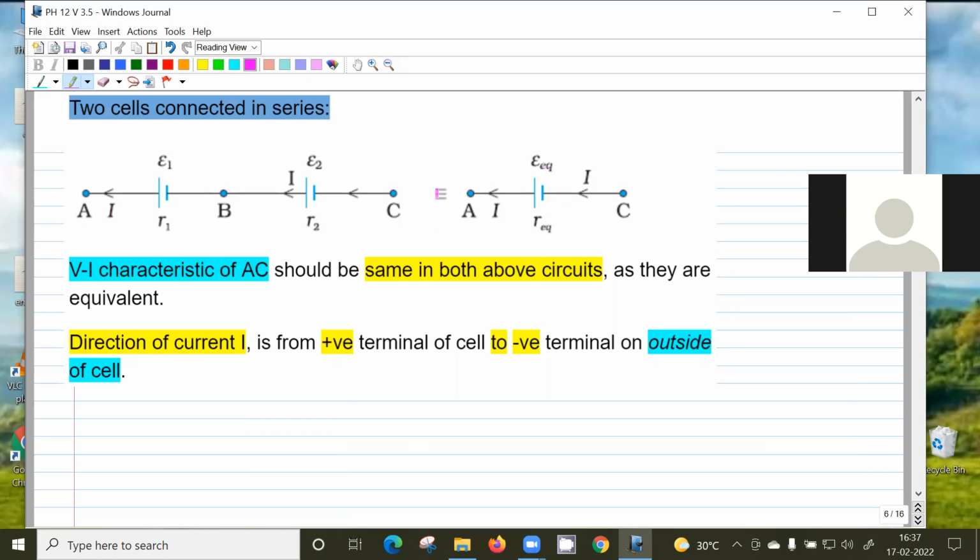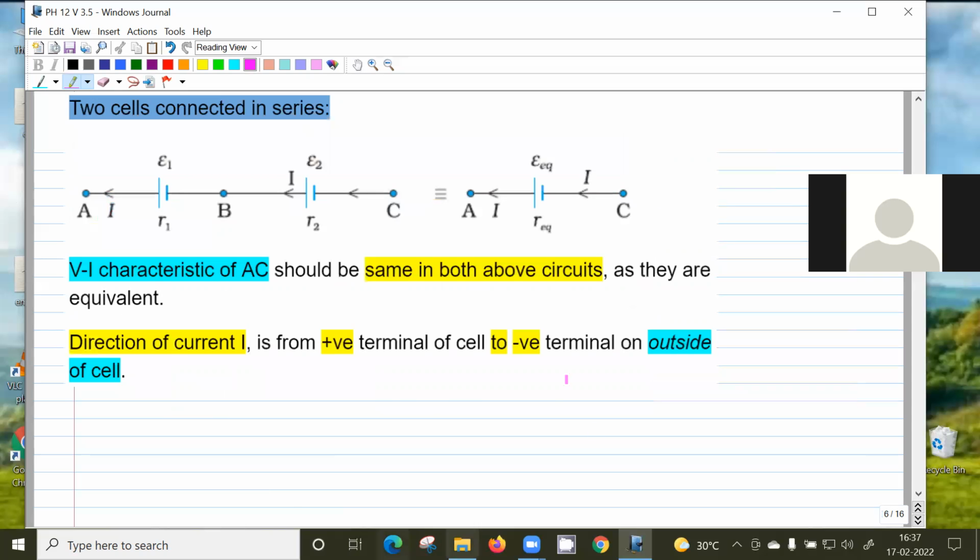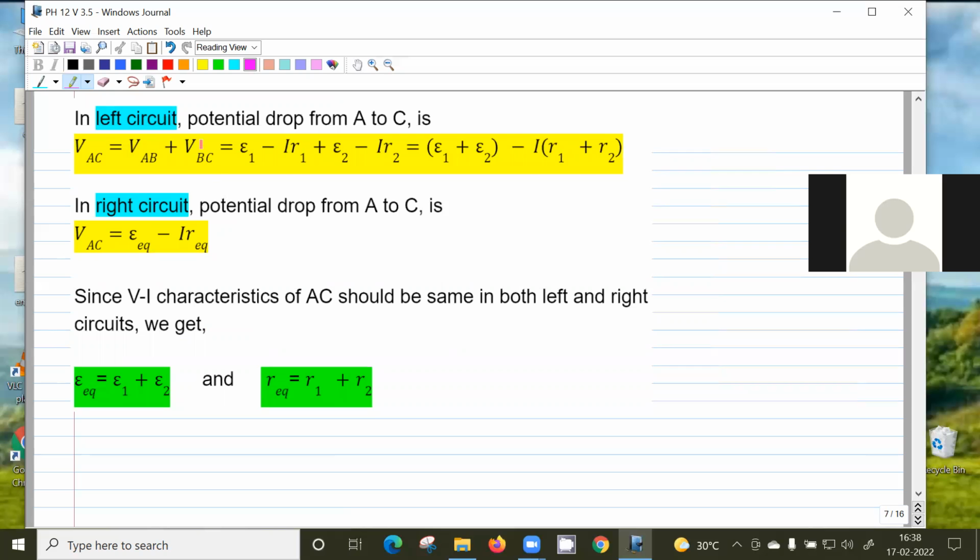You already studied this: E equivalent will be E1 plus E2, and we can derive that easily. Basically, the equivalent circuit should have the same VI characteristics across A and C as the original circuit. In the original circuit, whatever the VI characteristics across terminals A and C are, they should be the same for the equivalent circuit. So in the left circuit, the potential drop from A to C is